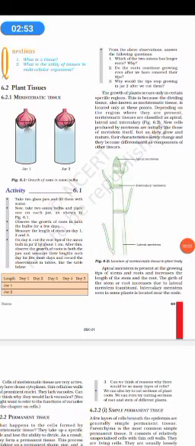Now, coming on, the growth of plants occurs only in certain specific regions. This is because the dividing tissue, which is the meristematic tissue, is located at these points. Depending on the region where they are present, there are different kinds of meristematic tissue. We have apical meristem at the tips, intercalary meristem at the nodes, and lateral meristem, which will increase the width. So there are different kinds of meristem.